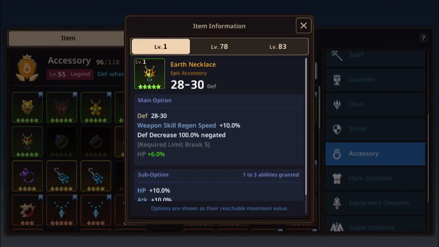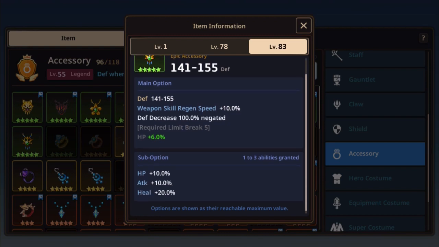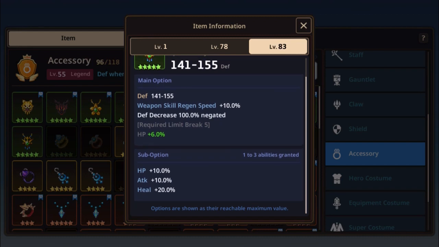plus 5%. And finally, for the epic accessories, not to be introduced anymore, we spoke about it for a year on every single guide. This is the earth necklace, which become more and more relevant nowadays because there are a lot of units for the DPS which came with defense decrease as a debuff, and here you can negate it 100%. So this is actually the best for PvP you can find, but you must be very lucky on the pool. In 1 year I just had 2 pieces, just 2 pieces of it, but if you have it, please go for it, and hopefully in the abilities granted you can get the HP plus 10% and the attack plus